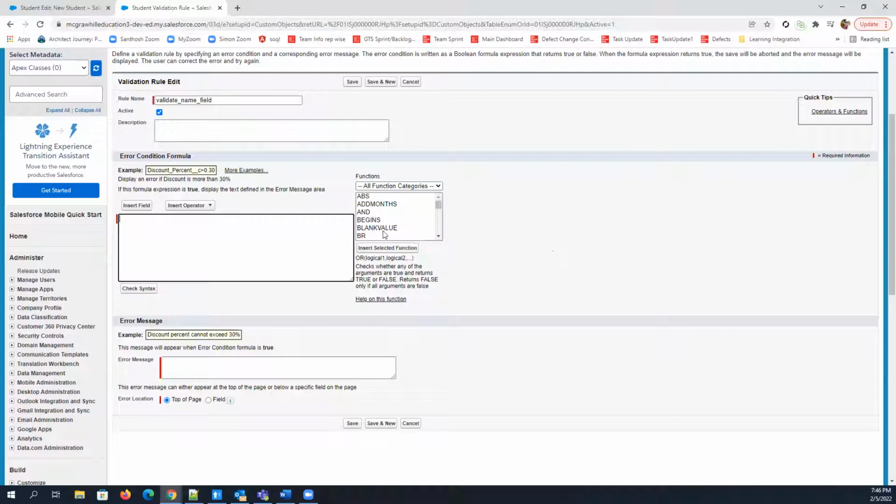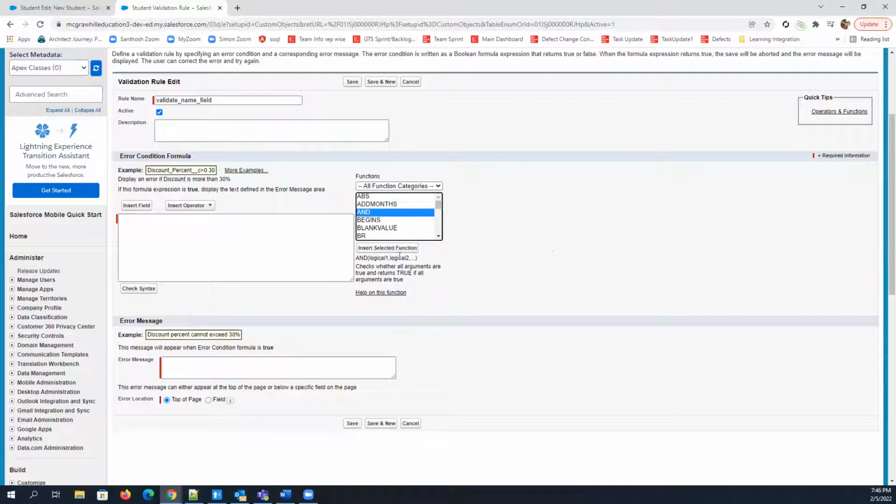So do you have any guess which function we should use? Yeah, we can use AND as well. Is there any other function that you can think of along with AND? Blank value, yeah, ISPICKVAL, right? Because we are comparing a pick list value, right?